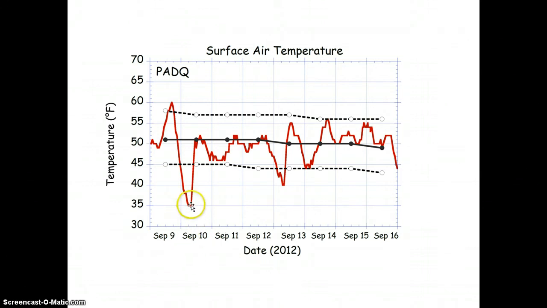You can see here that on September 10th, pretty early in the morning, it looks like it dropped down to about 35 degrees and then spiked back up a few hours later, about midday, to about 53 degrees. That's pretty normal to see in the Fairbanks region, large variations like that. And I'm sure it's not too unusual for the Kodiak region in the September months, where you're getting less daylight during the nighttime, so you're going to have more of a decrease in temperature at night than what you would normally see during the summertime. So as it gets later in the year and there's less sunlight, you would expect to see more of a decrease in temperature at night.